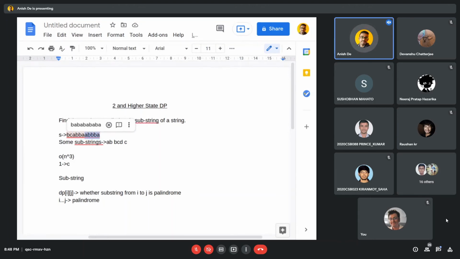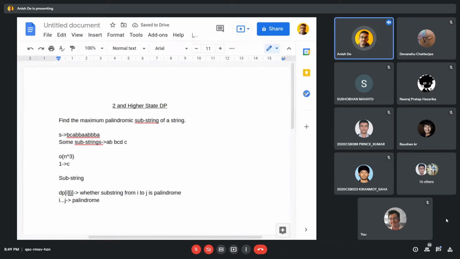Once we get A, we will check that substring. So if there are many such palindromic substrings, the complexity will go to n cube only. You have to check every palindromic substring. Are you getting what I am telling? So it is going to n cube, right?